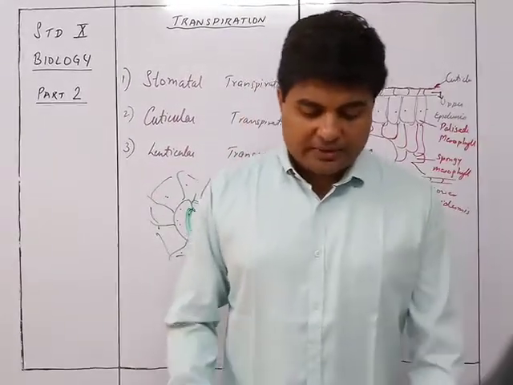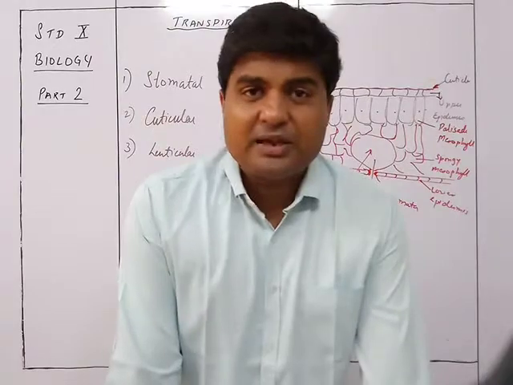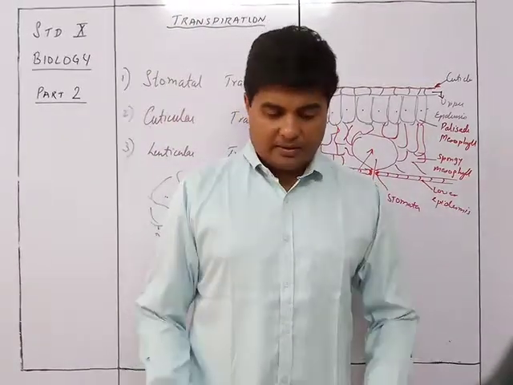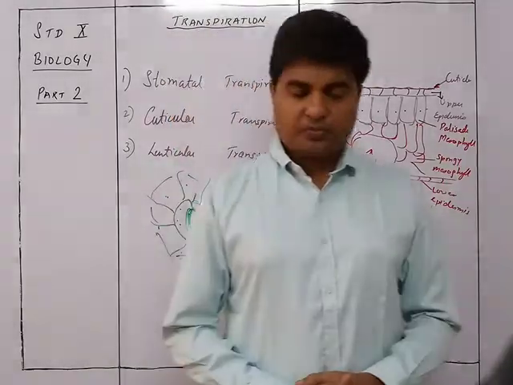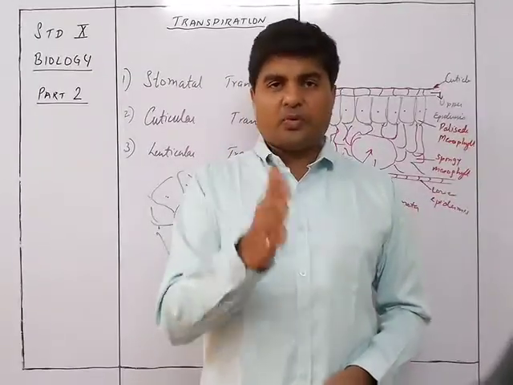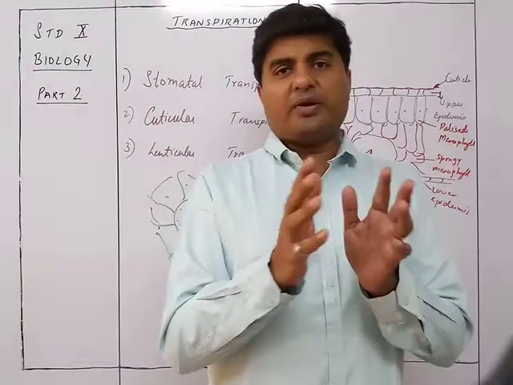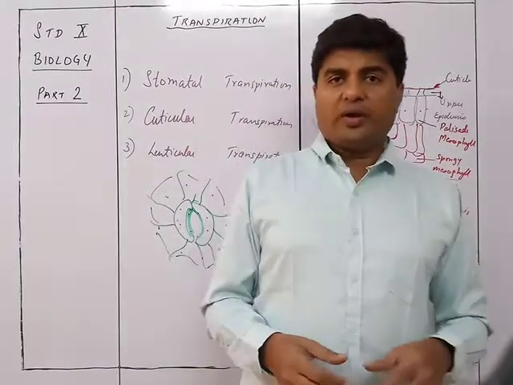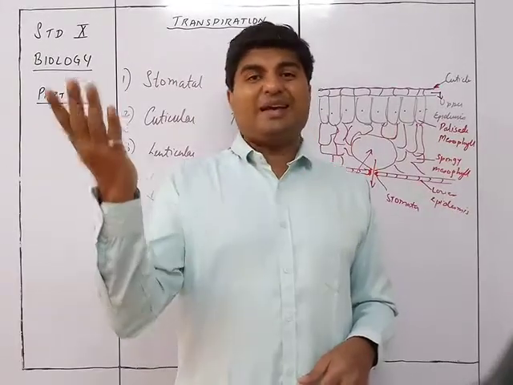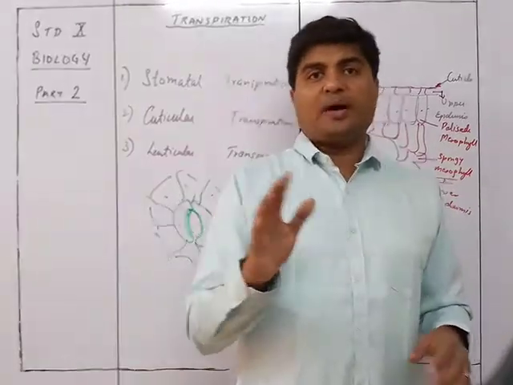So there will be a stomatal closure if the carbon dioxide level increases in the outside air, and this results in a decrease in transpiration. So yes, up to a certain limit, that is up to 0.03%, more carbon dioxide will be helpful for opening of the stomata. But later on, as the carbon dioxide level increases, then the stomata